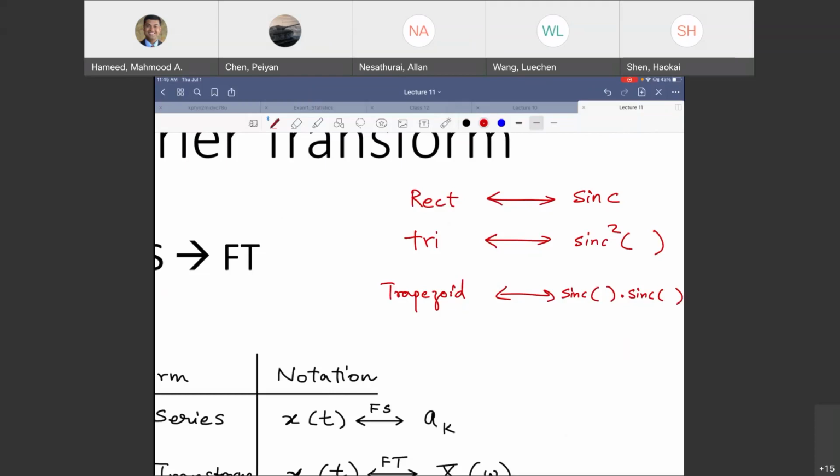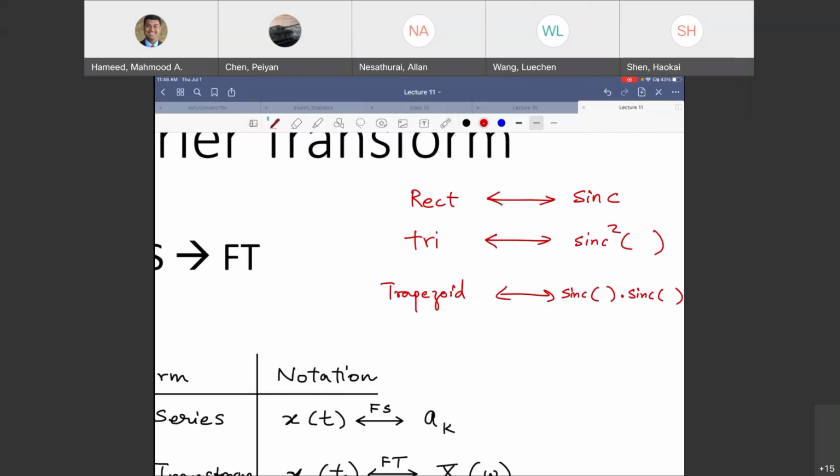When you say this, is it in the time or in frequency? Frequency is a rectangle. So the impulse response should be what? Time. So based on this, it should be sinc, right? The impulse response of ideal filters, like a low pass filter, is going to be a sinc. You see that?